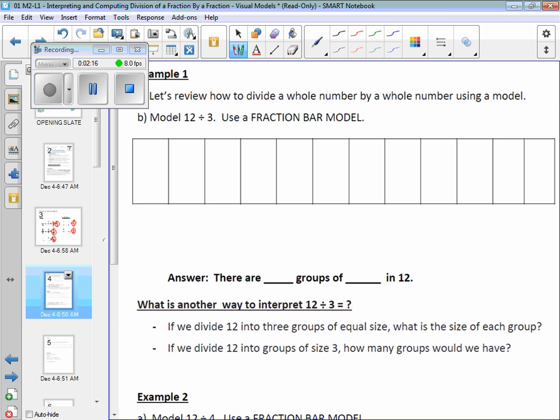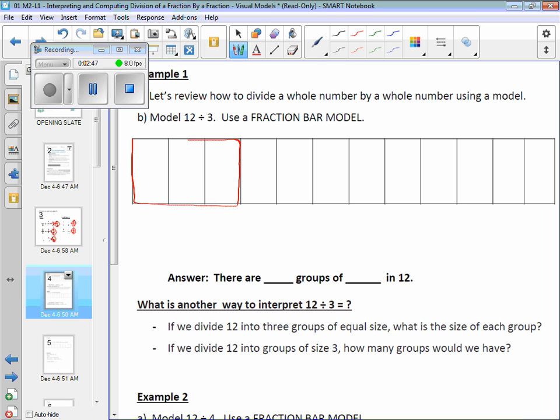So let's start off with modeling 12 divided by 3. How many boxes do you say? And 12 of them, right? When you think of what division is, you're really asking how many groups of 3 are in 12. That's what they're really asking you to do. That's what division is. So if we were to take this whole amount of 12 and put them in groups of 3,